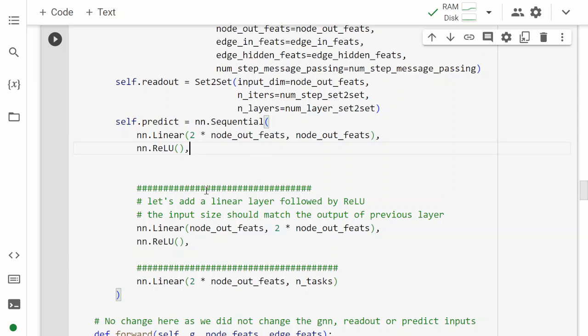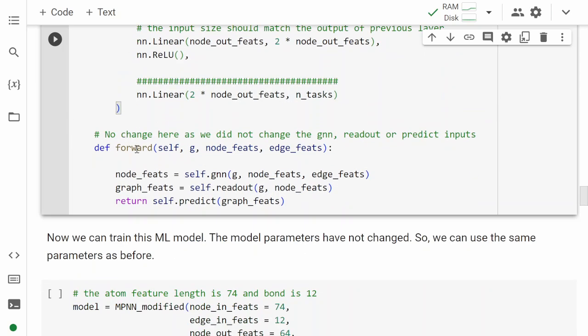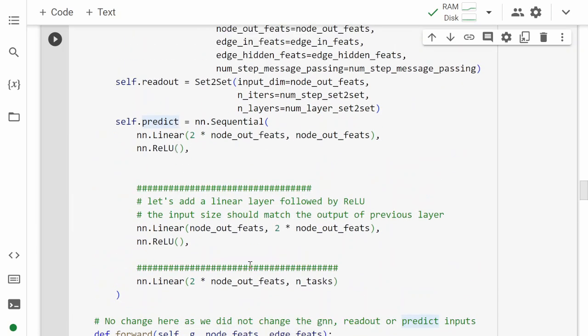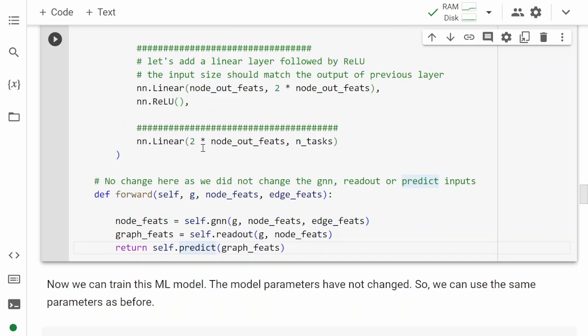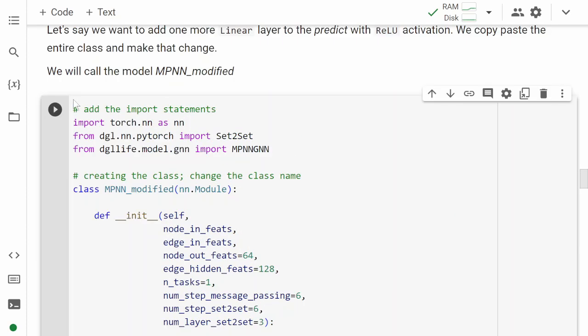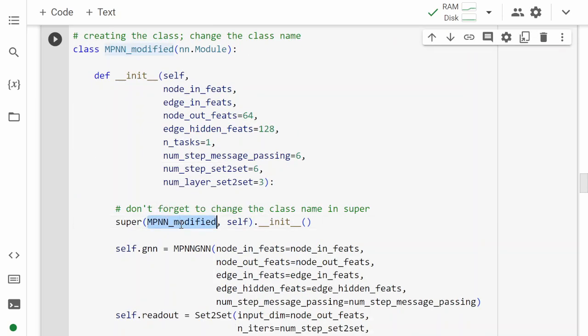You can see how it works, and there's no change in the forward layer because we just passed the graph features into the prediction layer, and prediction layer doesn't need any additional input, so we just use the previous input itself. So let's just run this code and make sure that you change the name if you are using the MPNN. So I call it MPNN modified, and you also need to change the name over here, and let's just run